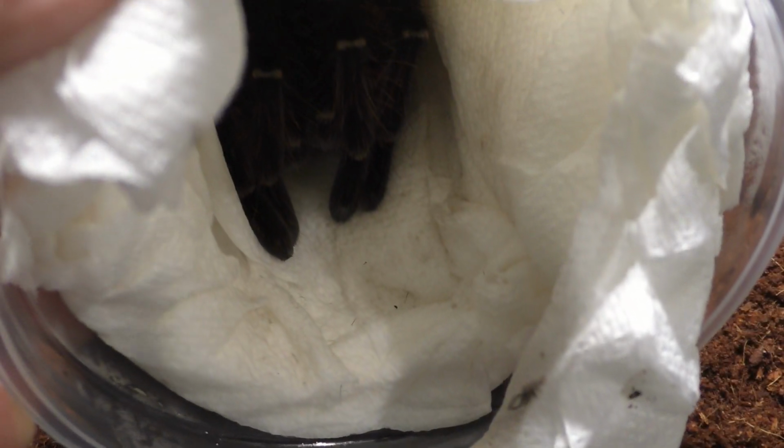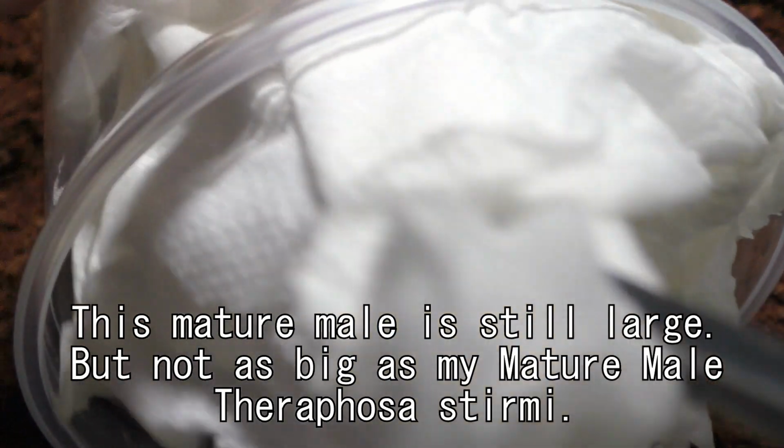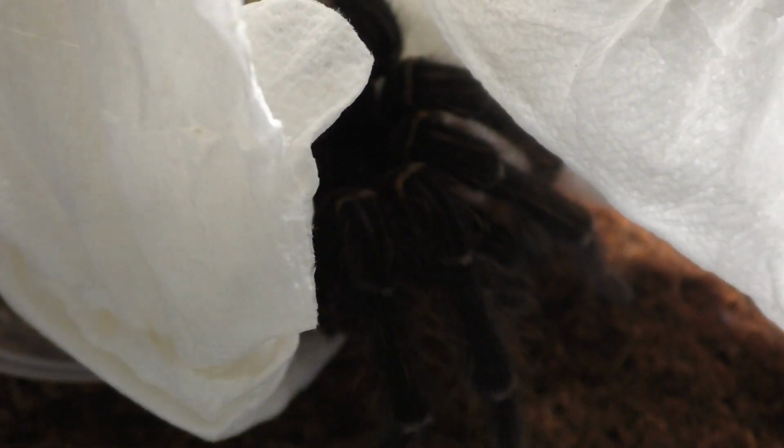So this Theraphosa blondi mature male was actually surprisingly small. Yeah, that's kind of strange to say. This is the Goliath bird-eater, but compared to the Theraphosa sturmi that I had, he's actually very tiny. Now, I had a Theraphosa sturmi mature male, and he was around 9.5 to maybe 10 inches in leg span. This guy is only about 8, maybe 8.5 inches in leg span, which is honestly kind of strange to say,